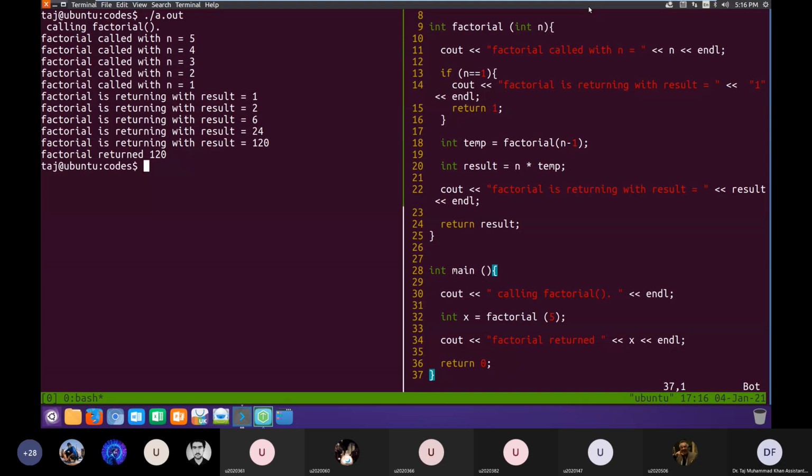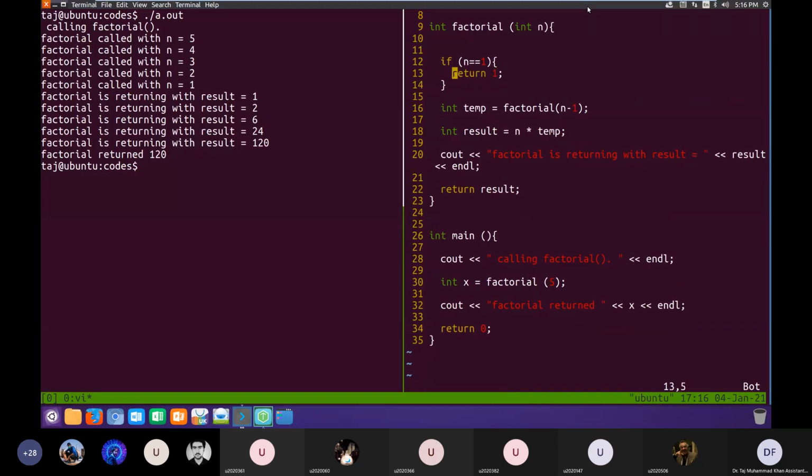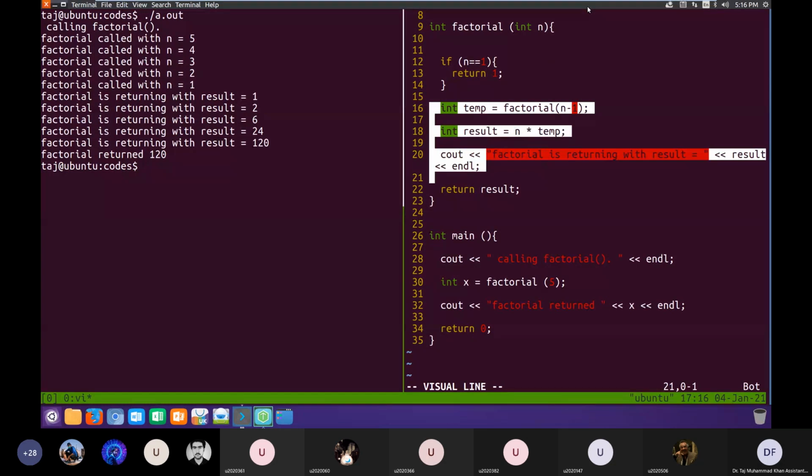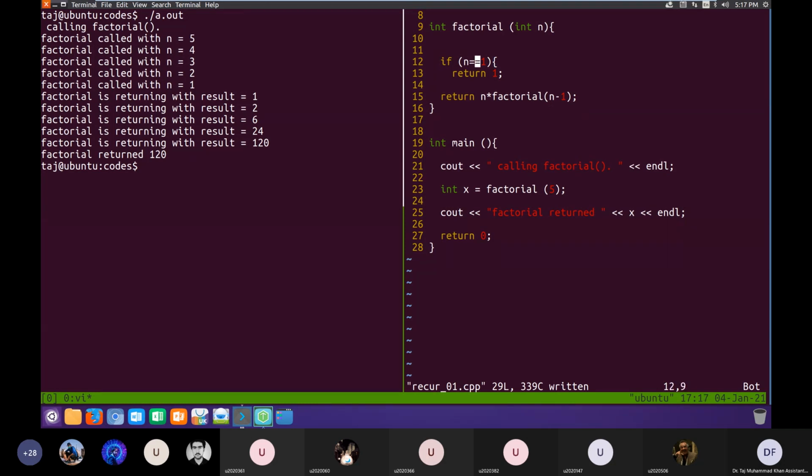So let me rewrite this code again. So this is our factorial, and let me rewrite this function. You see, we can even write this one.